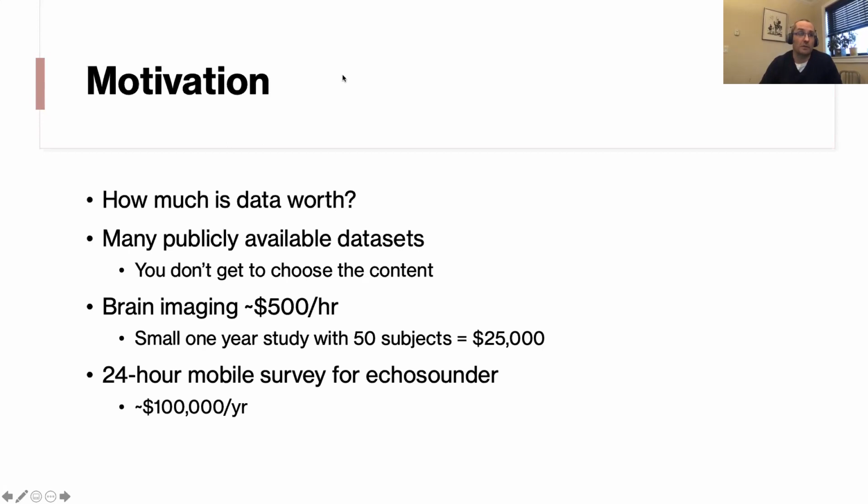Since I've been working at DeepSense, one of the projects we worked on, this company would rent a boat. They'd have to pay to rent the boat, to fuel the boat, to send their researchers out for 24 hours. And they mounted an echo sounder to the boat and recorded data for 24 hours. So they were easily spending $10,000 for one survey, and they do this about 10 times a year. So they could be spending $100,000 a year for that data set. And that's only one of the data sets they were working with. They were doing other types of data collection.